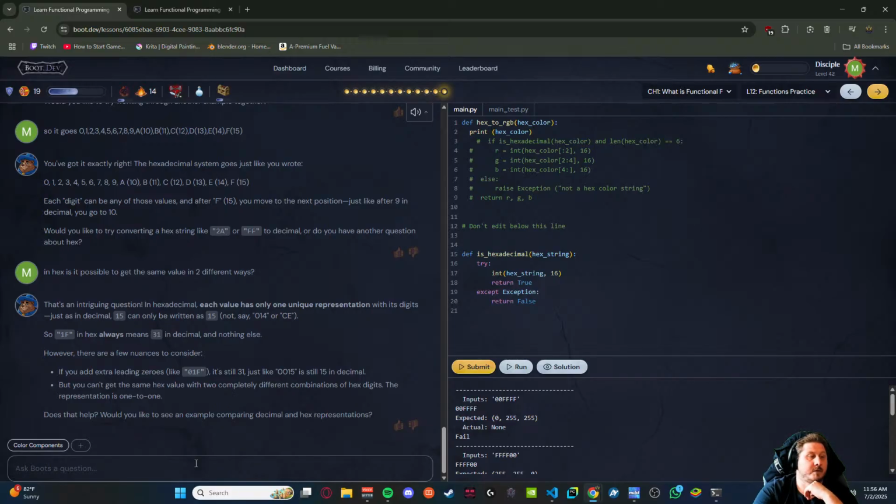So 1F in hex always means 31 decimal and nothing else. He wants us to consider 01F. If you add extra leading zeros like 01F, it's still 31, just like 0015 is still 15 decimal, but you can't get the same hex value with two completely different combinations of hex. Representation is 1 to 1.